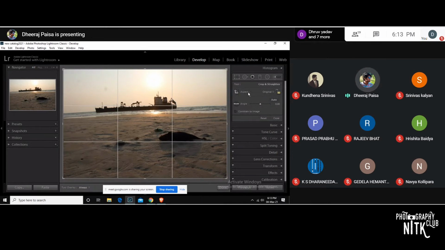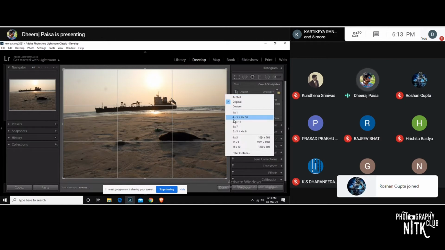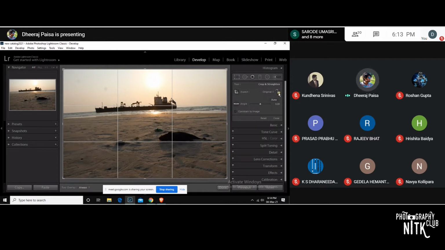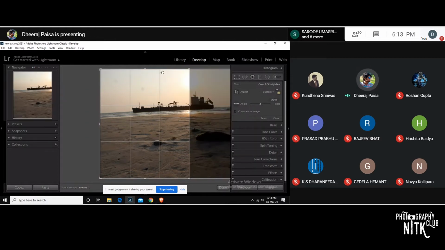Here is the aspect ratio. If you want to post the picture on Instagram, you can change the aspect ratio to 4:5. If you want to post it on Facebook, you can change it to 16:9. It depends on where you are going to use the picture. If you want to customize the aspect ratio, you first unlock this, and you can customize the ratio as per your need.